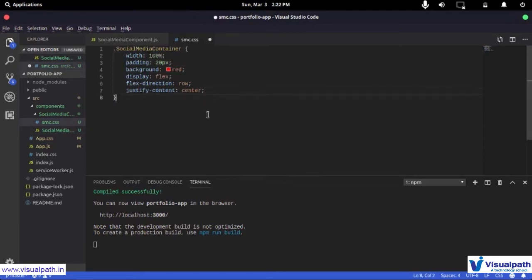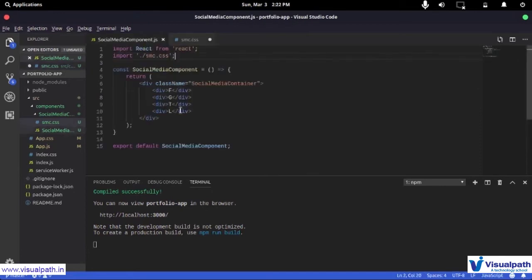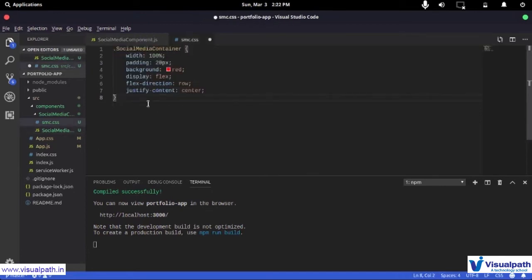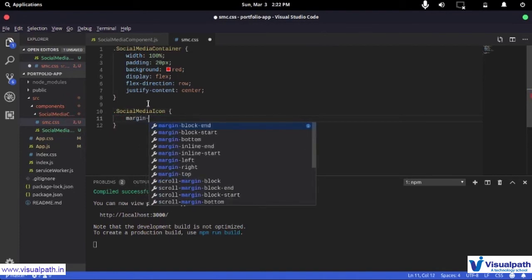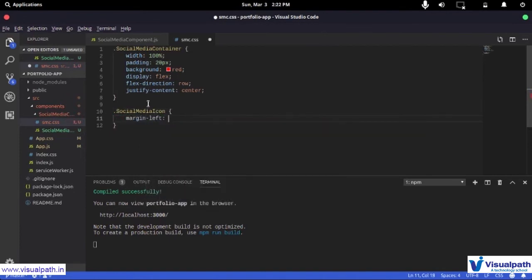Now, if I want to show a different way to you, then I can create another class, say social media icon, and then I can just have a margin left of 20 pixels.